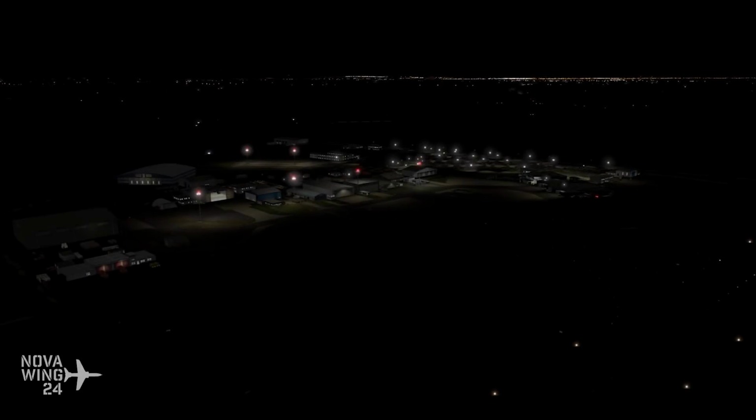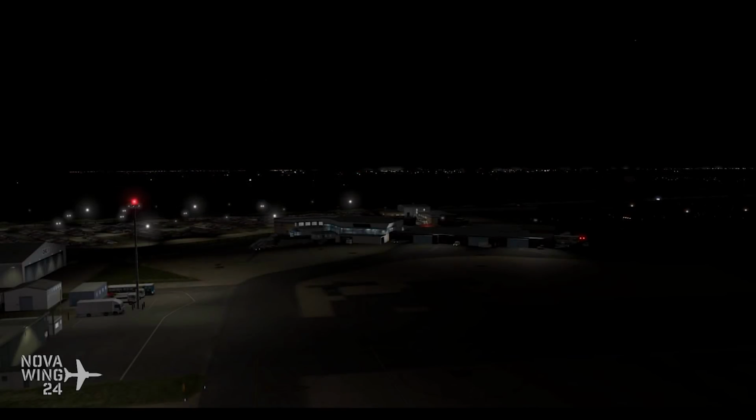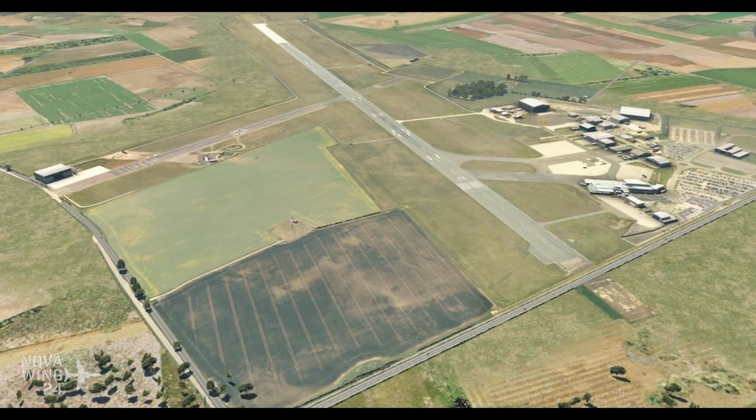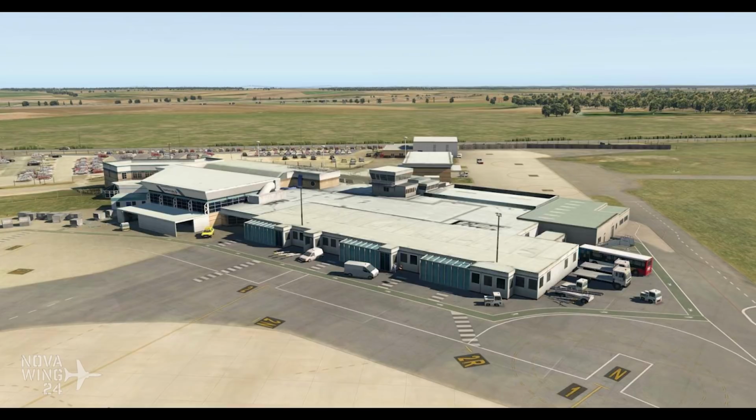Now this one gives you an updated rendition of the airport as it appeared in about 2017, I do believe. So it's getting a bit long in the tooth, getting on a couple of years now. Full custom 3D buildings, 3D models for all the buildings on the airport. High resolution textures and ground markings throughout the airport. Full implementation of the airport layout as it appeared at that time, custom airport vehicles, as well as custom and